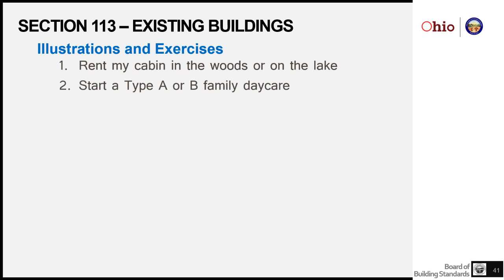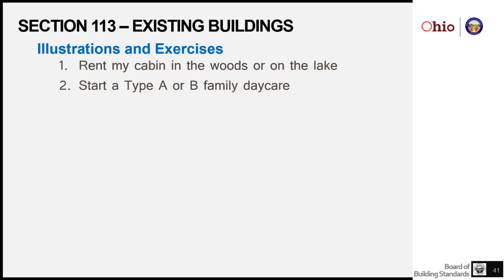The next one I want to talk about is: I'm a homeowner, and in these days of COVID, maybe I do, maybe I don't, but my kids are home. I already have some child care responsibilities. Maybe I want to make a business out of it, either now or in the future. And I noticed that Job and Family Services allows Type A and Type B family daycares that I can operate out of my home. This one is important to understand because this too, in some sense, is a change of occupancy.